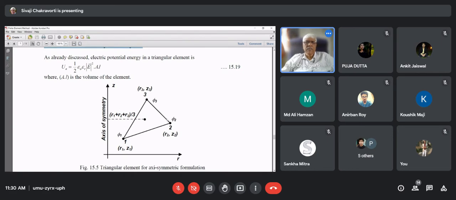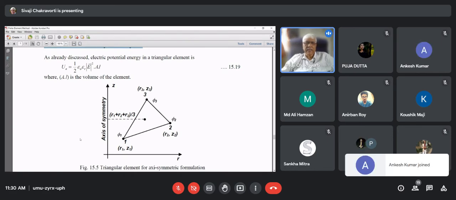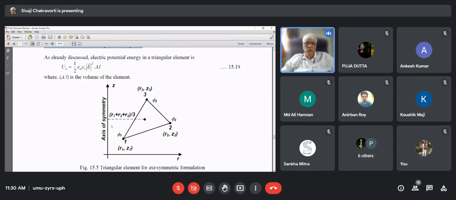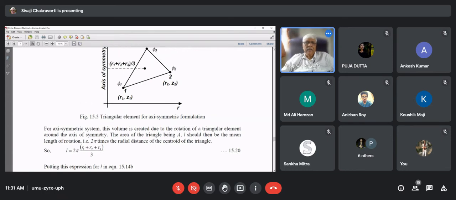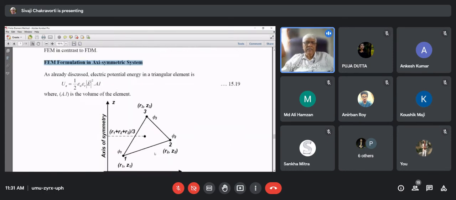because you remember how I am getting the volume. I am rotating this triangle around the axis. Then I am getting the volume. So in this case, what we are going to do is take the coordinate (r1 plus r2 plus r3) by 3, which will definitely be within the triangle, and then we rotate this (r1 plus r2 plus r3) by 3 around the axis, that means 2 pi r, as you see in equation 15.20. Then this will become L,